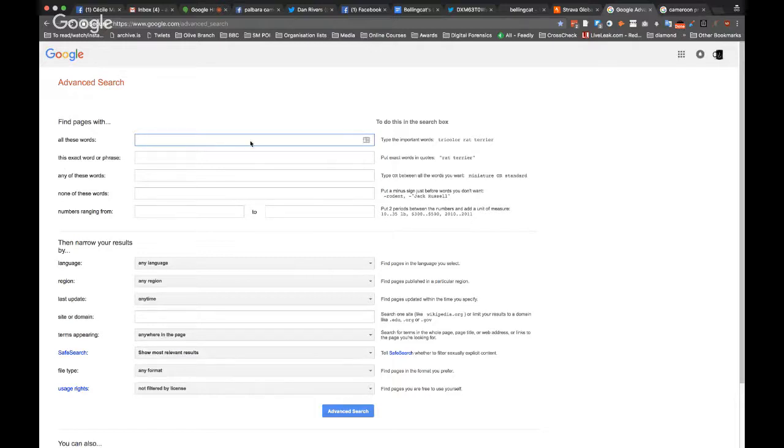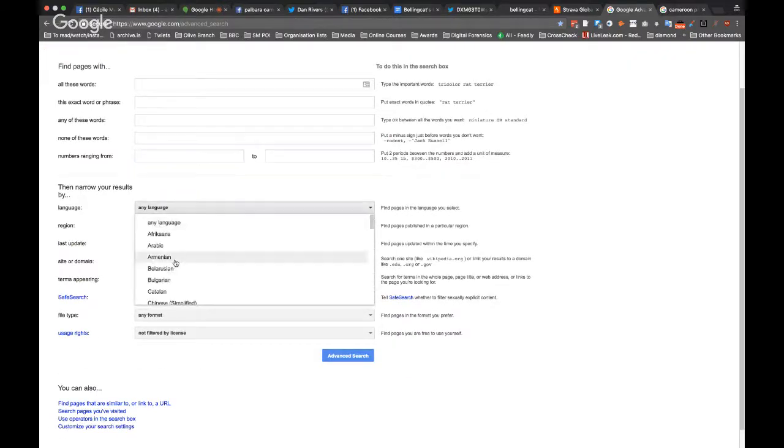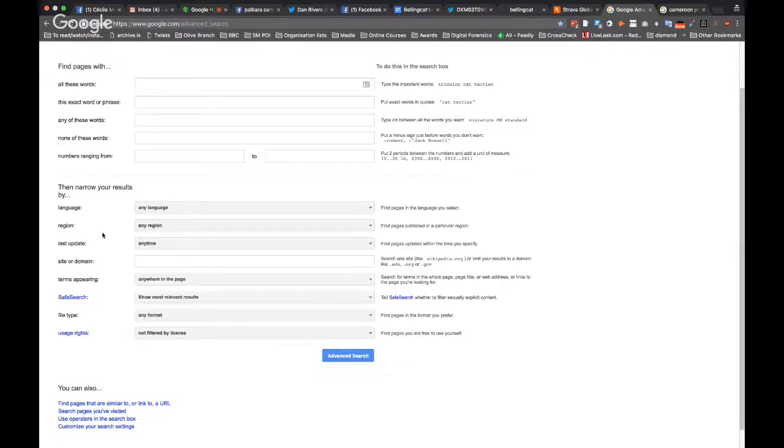Google Advanced Search is one tool, because it can help you find all these words, an exact phrase, any of these words, none of these words. That's quite useful if you're looking at people who have names, maybe of famous people, for example, or you're looking into a region but don't want certain towns. You can search with a number here. If you know which language you're looking into, you can directly search it here. It's pretty standard. The region as well might help. You can search by country, the time, and then if you want to refine your search directly in a domain, you can put it here.